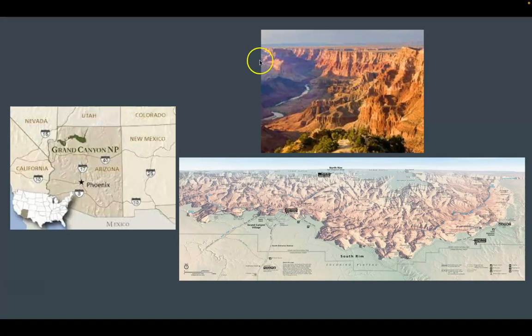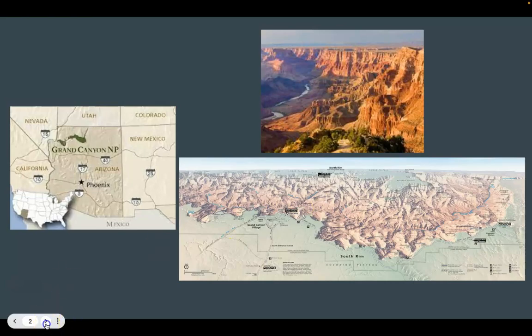This is what it looks like in real life. This is an image of the canyon and the Colorado River flowing through it. And then this big picture right here is what the entire Grand Canyon looks like with the Colorado River, all the plateaus, basins, the south rim here, the north rim. It shows all the little details of it. So that is what the Grand Canyon looks like on a detailed perspective of a map,